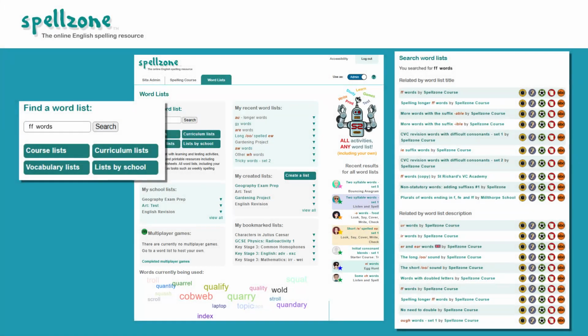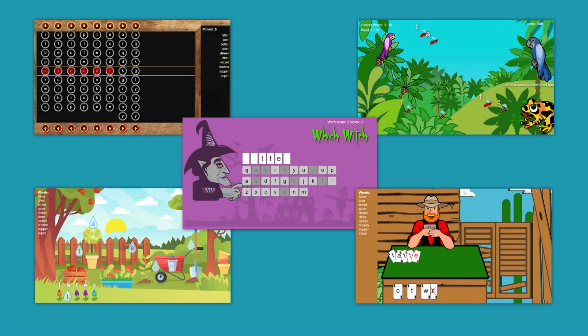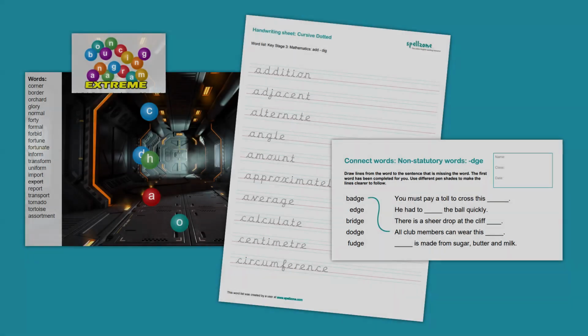The word list area provides access to thousands of pre-made lists, organized by category such as Spellzone units, curriculum lists, etc. You can also use the search facility to find the required list. All Spellzone word lists can be used online with spelling activities and games, or printed for offline practice, including handwriting